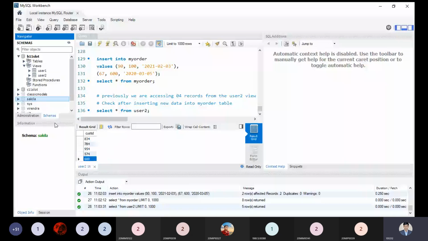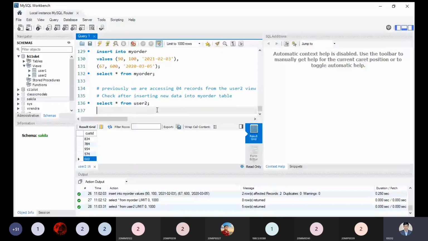So now user one and user two are the two views. Now it is clear to all? The view of a table can have many views; we can have N number of views. It does not belong to the physical level, and it does not belong to the logical level. It's just representing the data from the actual table. So now the view concept is clear.